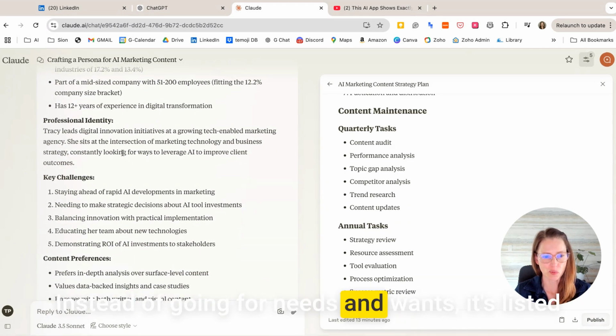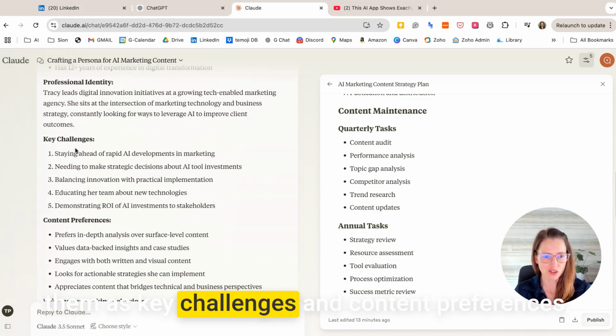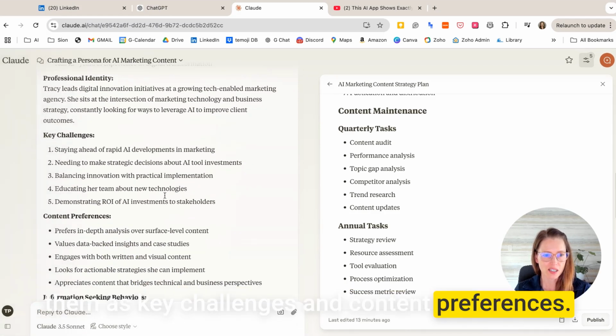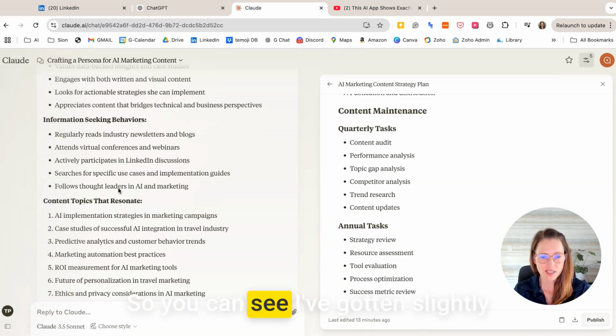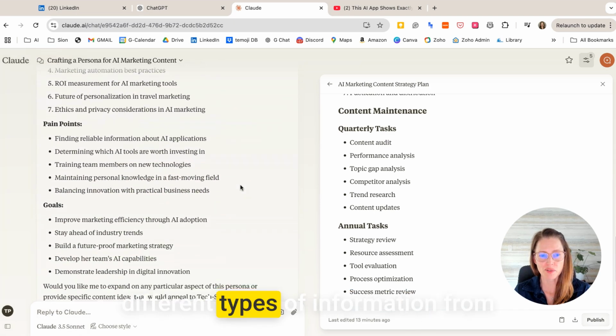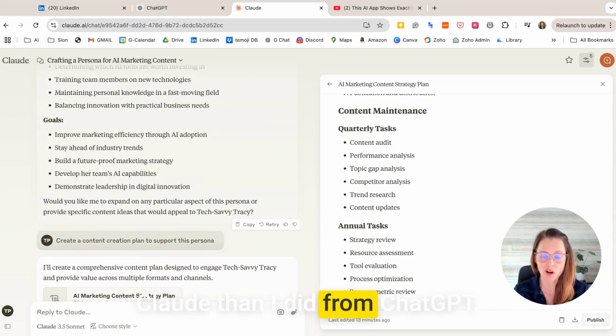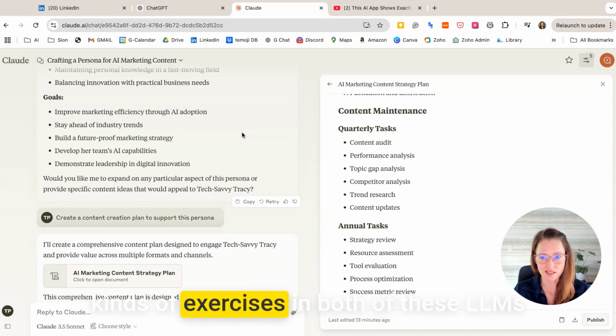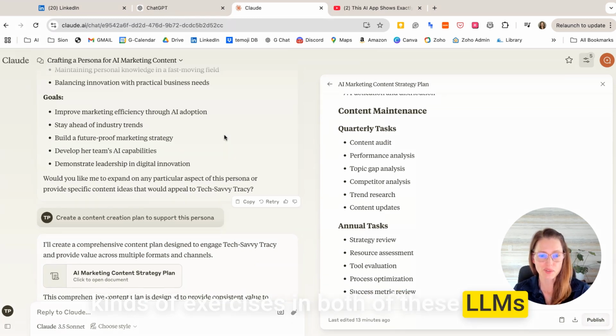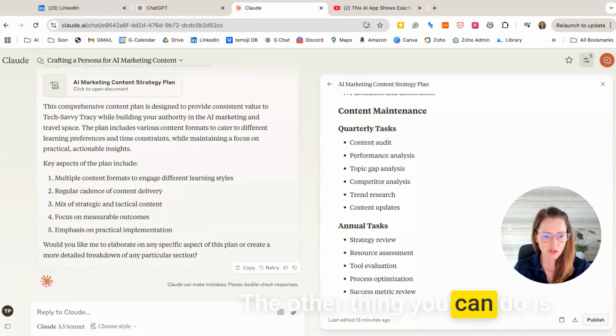Instead of going for needs and wants, it's listed them as key challenges and content preferences, information seeking behaviors, content topics that resonate. So you can see I've gotten slightly different types of information from Claude than I did from ChatGPT. So I find it really helpful to run these kinds of exercises in both of these LLMs because you get different output. The other thing you can do is once you've decided on your persona and your content style,